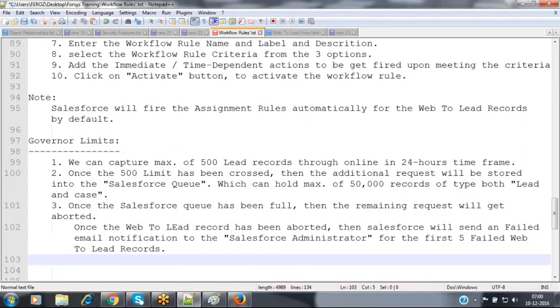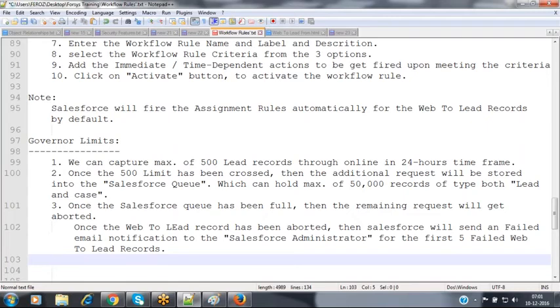But do they have a limitation? Even if you send the data through that Salesforce site, it has to come to the Salesforce instance only, right? There it will be counting how many records have been created as of now through that web, and Salesforce is going to maintain that. Then also it is a limitation of 500 records in the lead object per 24 hours. Yes, 500 records is the limitation over here.